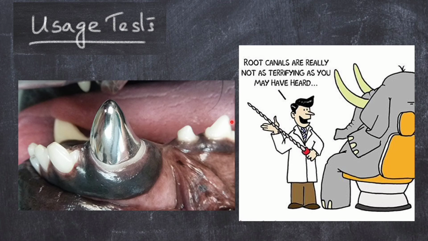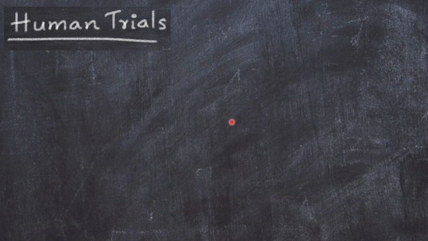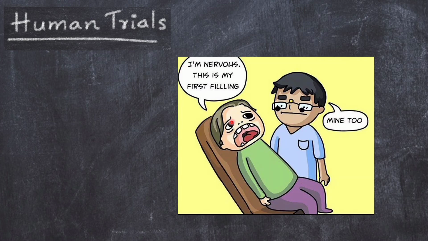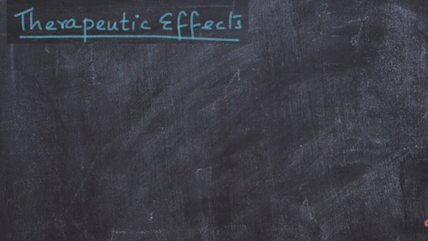Next, the final one, or the level 3 test, are human trials, wherein one screening and usage test is done and the material passes all these tests. The reaction and the performance of how it is going to be in a human is tested in voluntary subjects. So apart from all these harmful properties and physical properties, there are some therapeutic effects that are seen in some